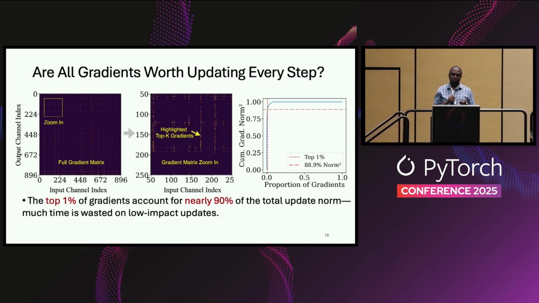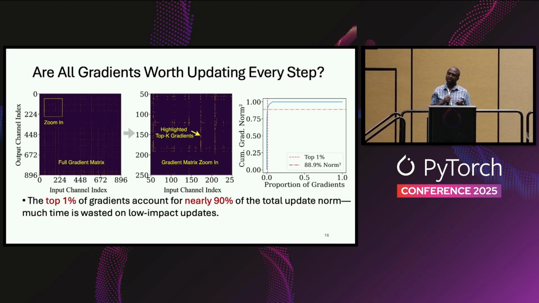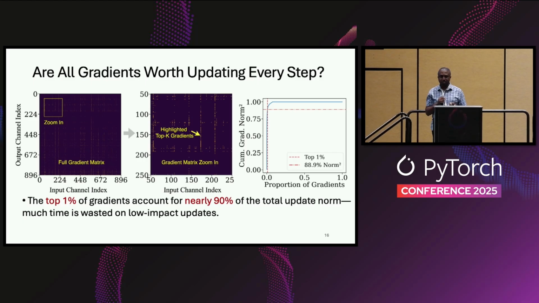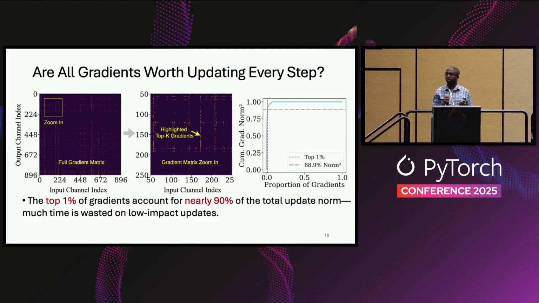But then one observation we made is that in the pre-training scenario, in the post-training scenario and fine-tuning, not all the gradients are created equal. Only a few of the gradients are actually very critical to your convergence. And this is the plot we're showing here. The main takeaway is that only 1% of your gradients are responsible for about 90% of the total norm of gradients. And what that means is that we can essentially take those 1% of the gradients,